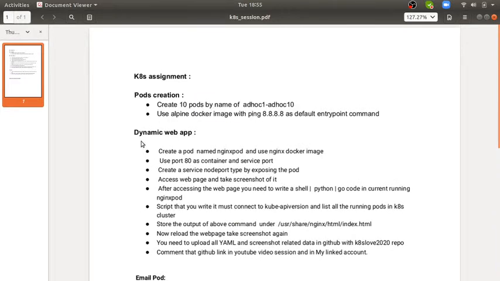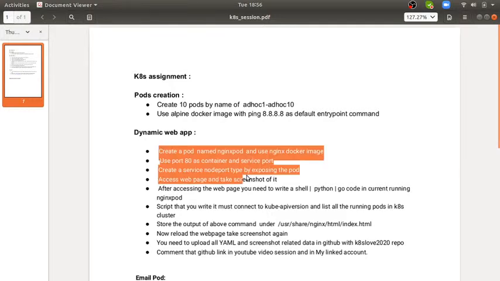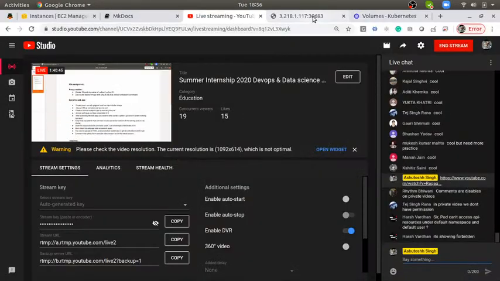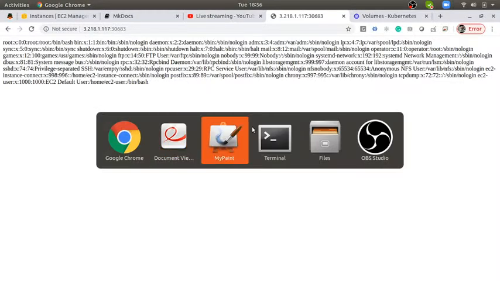So what you have to do is create a pod with a name, use the Nginx Docker image, port 80, and create a NodePort service. Then access the web page and take a screenshot of it. Okay, that's fine. Now what is the web page? Once you create this, you have to access this web page, take a screenshot of it and save it in your system. Now after that